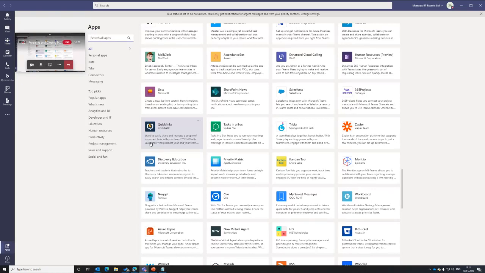There's nothing worse, especially for sales staff. They need to be productive. Their time is very, very limited. So having this all within one, you can see there's other kinds of CRMs as well. So Salesforce all works within Teams. That's really important because it makes staff extremely productive, saves them a lot of time, means they can still collaborate as if they were still sitting in the office, and it's just an extremely efficient way of working.